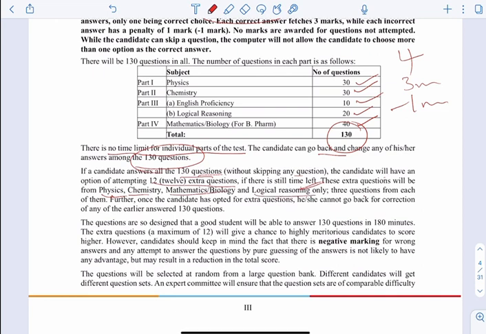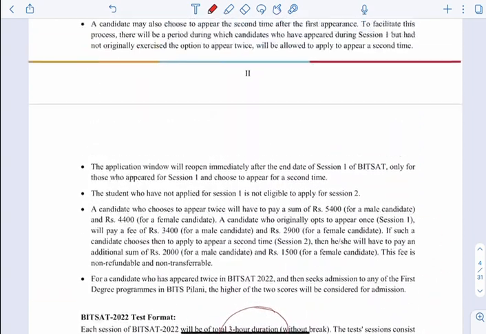So from each subject 3 questions will be given, so a total of 12 extra questions. And if you have chosen to answer these 12 extra questions, you cannot go back to those 130 questions. Okay, now let's see the eligibility